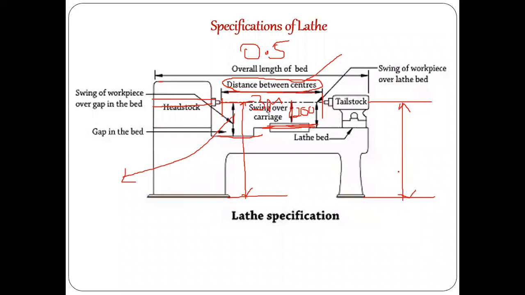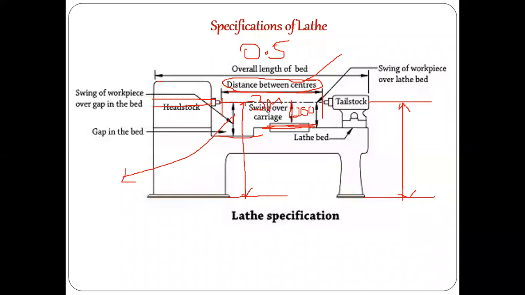You cannot machine something which is higher than your head, or maybe higher than your neck is also very difficult. And similarly, if it is very low, maybe less than your knees, again it's very difficult to hold it, or very difficult to operate. You need to sit down there. So both heights are difficult. That's why you need to have some standard height which is equivalent to your comfort level for your operations, right?